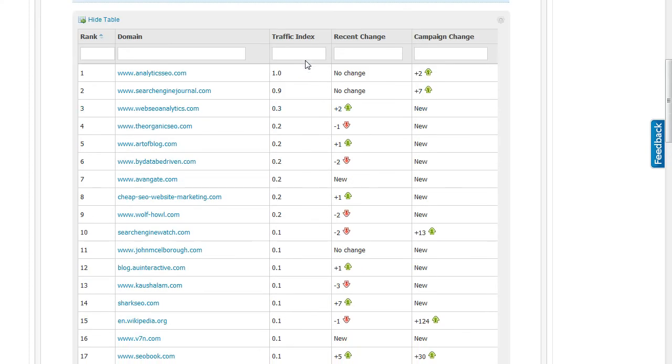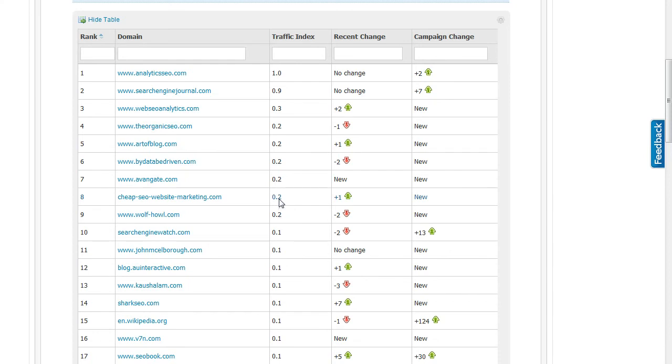So, for example, any site ranking above you will generally be getting more traffic. Similarly, any site generally ranking below you should get less traffic. So a site showing a traffic index of 1.5 will generally be getting 1.5 times the amount of traffic you are currently receiving. In order to get the most out of this component, you will need to ensure that you've